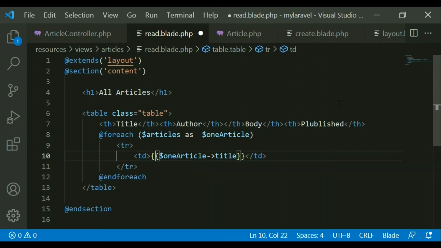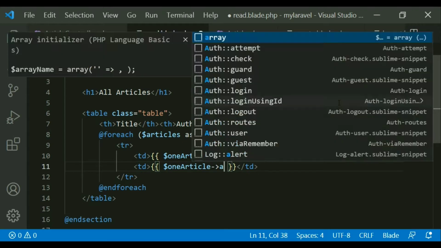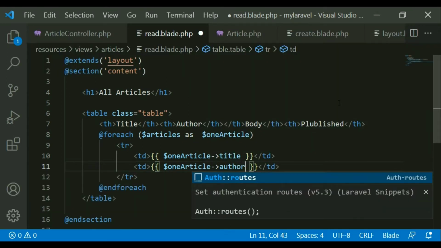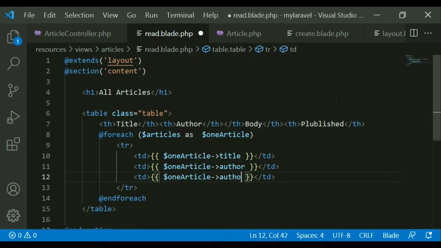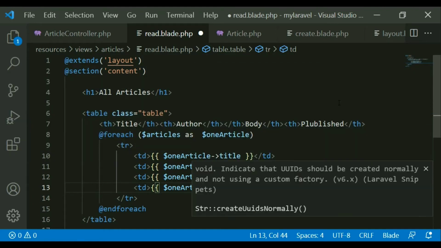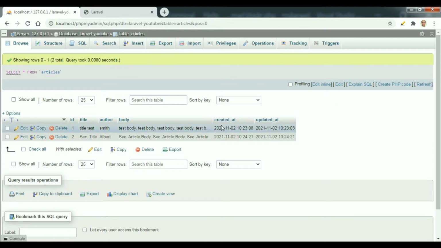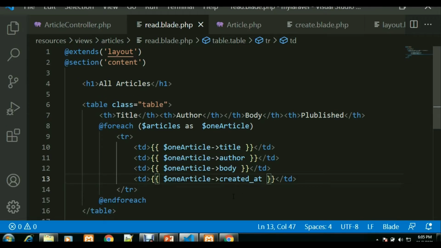So here the first TD will print the title. The second one will print the author. The third one should print the body. And the fourth one print the created it. If you go to the database, you can see this is created it. So in this way we can do this.